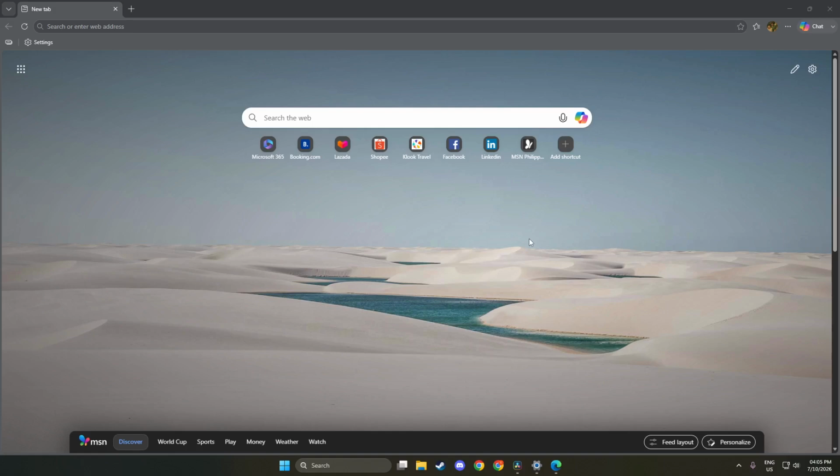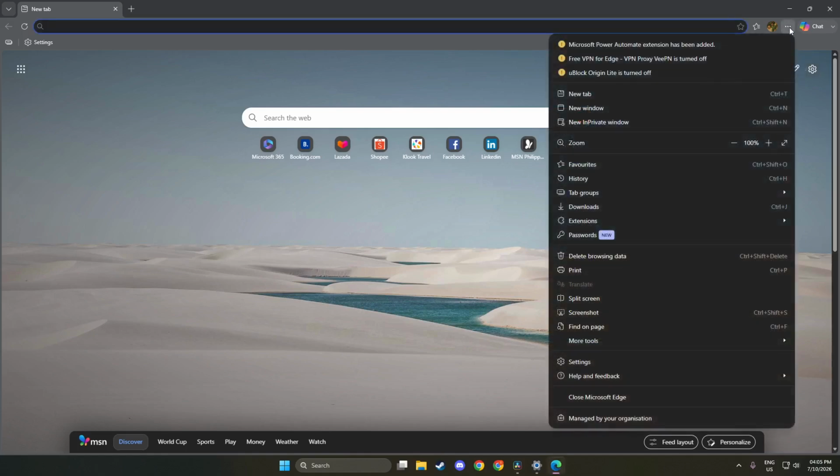Next, we will click the three-dot menu located in the top right corner of the window. This menu is also known as the Settings menu. It looks like three horizontal dots stacked on top of each other. Clicking on this menu reveals a drop-down list of options. You will see various settings that help you customize your browsing experience. This step matters because it gives you access to all the important features within Edge, including updates which are essential for a smooth browsing experience.